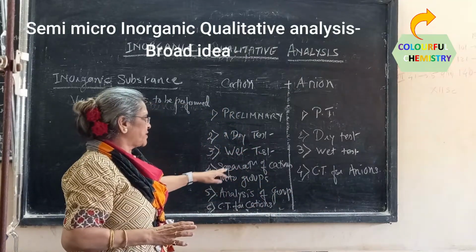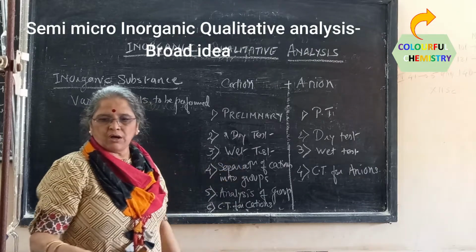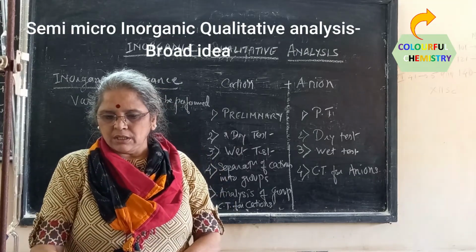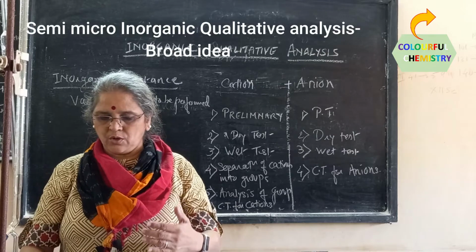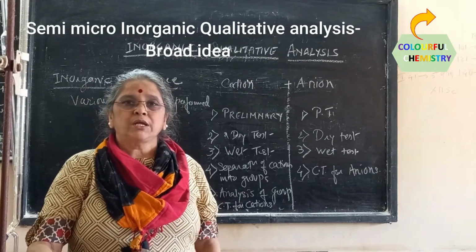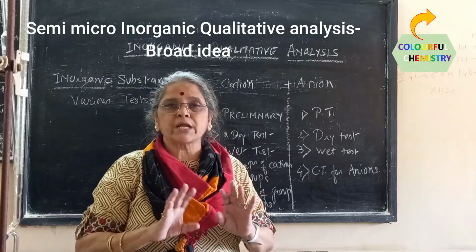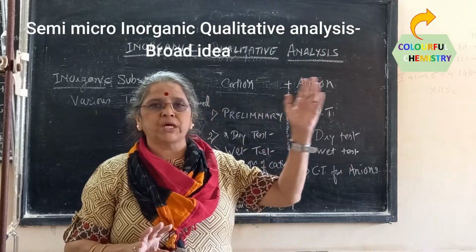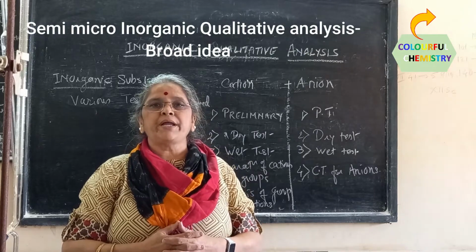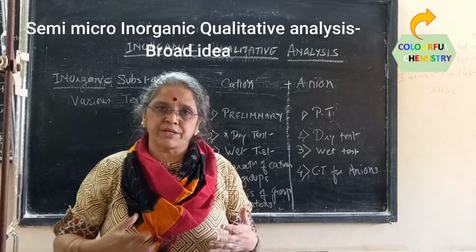Once you confirm the presence of the anion, then you will go for the separation of cations, or wet test of cations. Under the wet test of cations, from page number 65, you have detection of cations of group 0, then from group 1 to 6, how to separate the cations into groups. Now these groups, group 0 and group 1 to 6, are not similar to the groups in the periodic table. These cations are grouped together depending upon the similar test they give with a particular reagent, that is, precipitate formation.